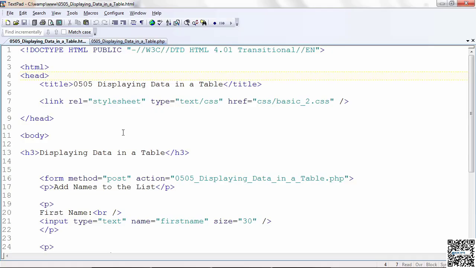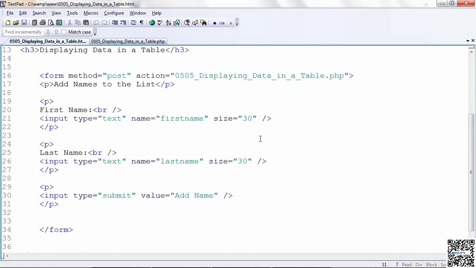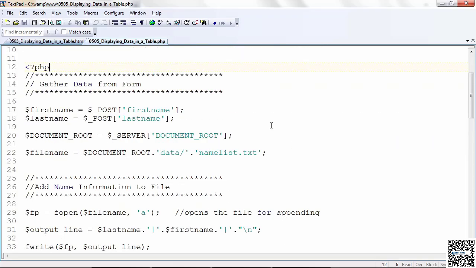Here's the HTML. Nothing you haven't seen before. First name, last name, and a submit button. Let's go to the PHP. Up at the top, I'm going to gather the data from the form. I get the first name and last name using the post. I'm going to set the server, the document root. I'm going to use the $_SERVER to get the document root. And then I'm going to set up the file name to be something called